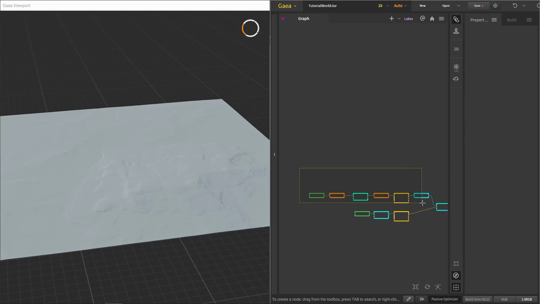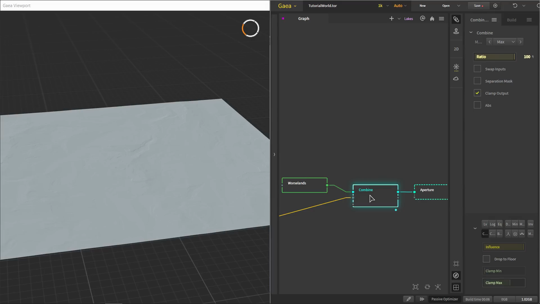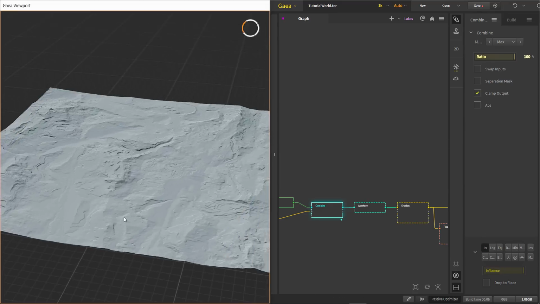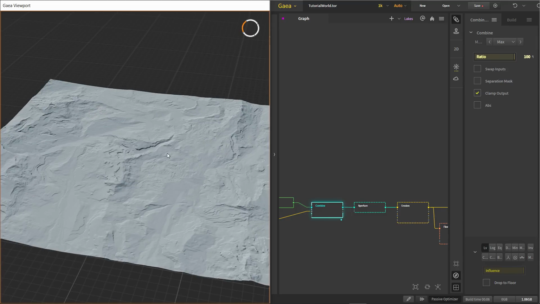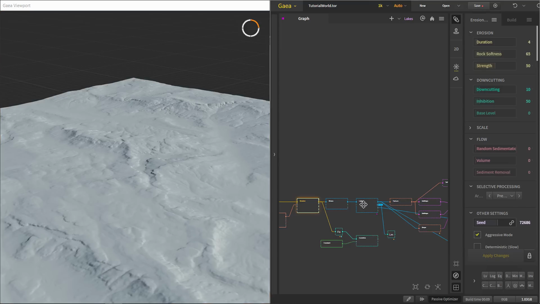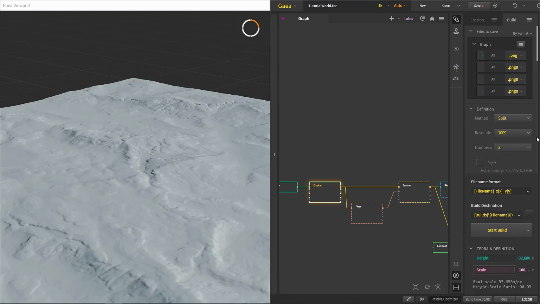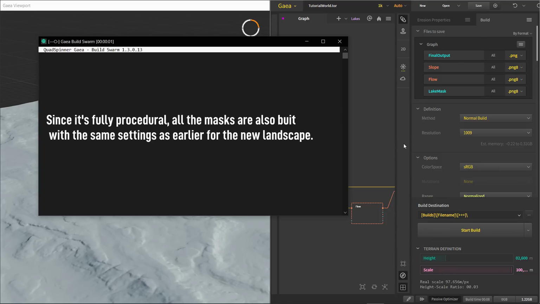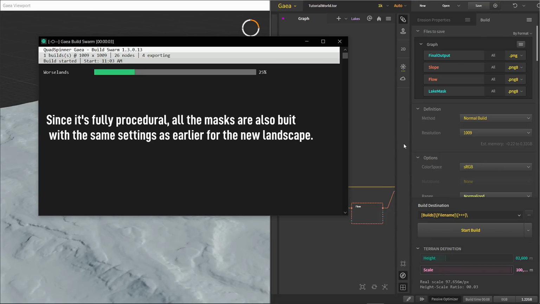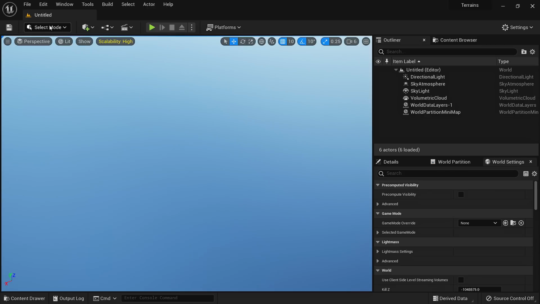So let's make an interesting landscape. We'll delete the mountain part and use a wasteland here. Combine this with max. Maybe let's not clamp it anymore. Let's auto level it. Now this landscape is 2600 meters high, which we do not want, but this is better for our eyes. So now we will do another build for this. Go to the build. Let's go to normal build, and we are using the same build settings, and it will build us 10,000 km square. So we have our height map now.